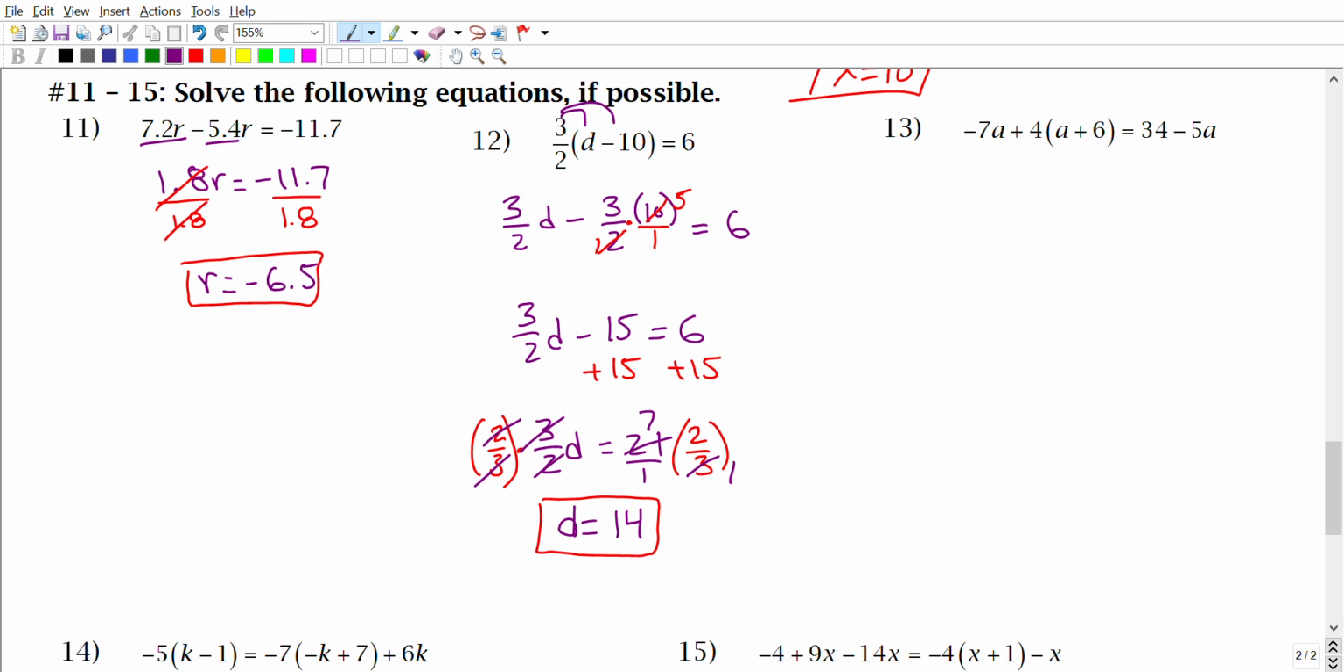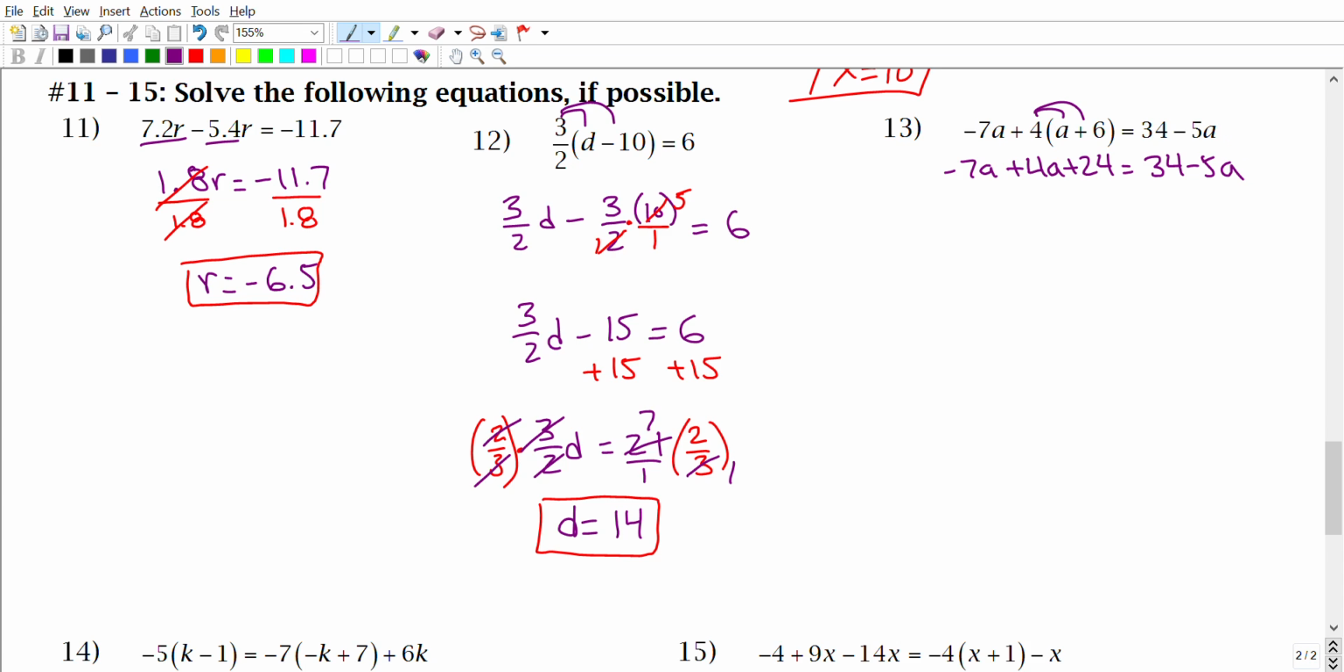Negative 7a plus 4 parentheses a plus 6 equals 34 minus 5a. Well, right away I can tell you that we should probably distribute. I hope you guys spotted that as well. So let's go ahead and do that. Negative 7a plus 4a plus 24 equals